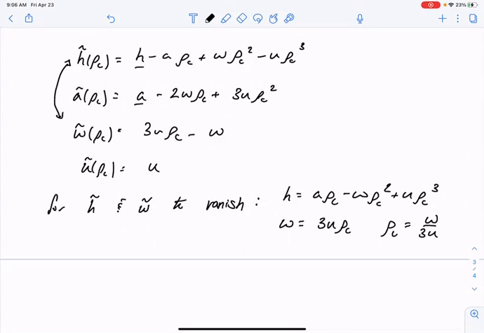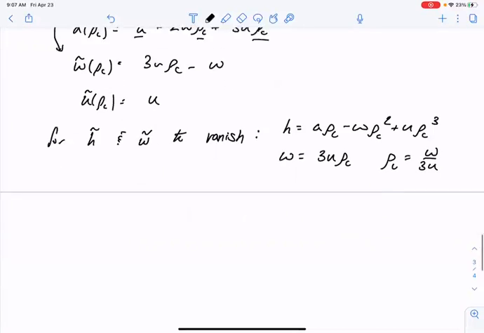Substituting rho c back into the equation for H, we can get an equation for H that is closed. It doesn't depend on rho c. Rho c is then a prediction, or a result, of these expansion coefficients. So plugging in rho c to A tilde in those two places there,